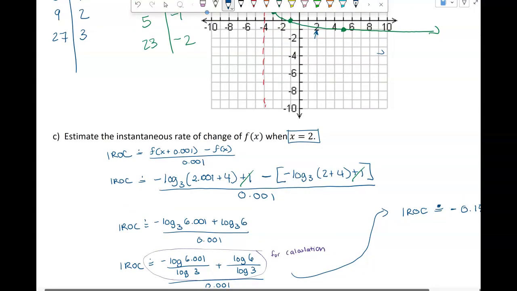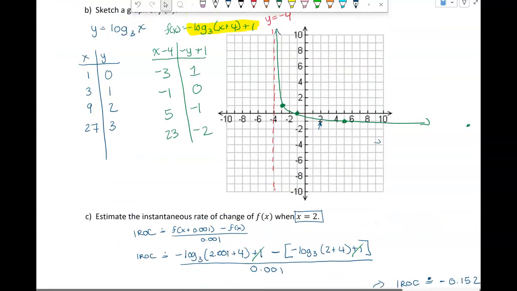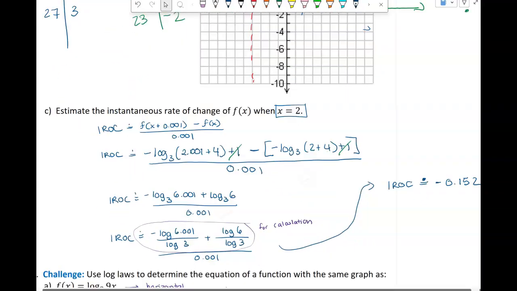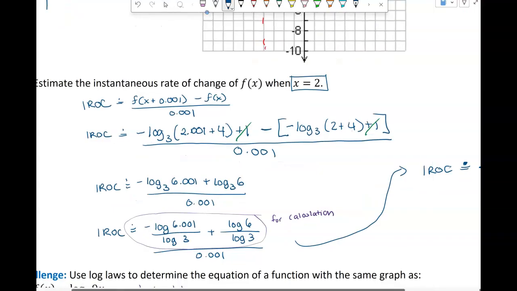So I'll do 2 is my x, so negative log base 3. I put 2.001 plus 4, and that comes from the equation, the plus 4 there. But my x is now 2.001, and then plus 1. But then I have to subtract f at x when x is 2. So I subtract negative log 3, 2 plus 4, and bracket plus 1, all over our range, which is